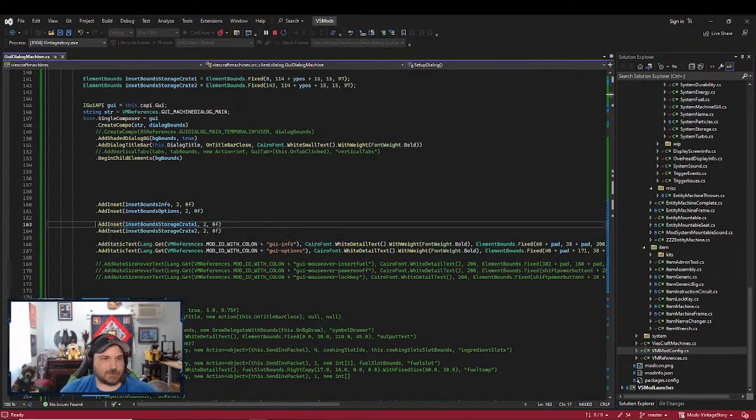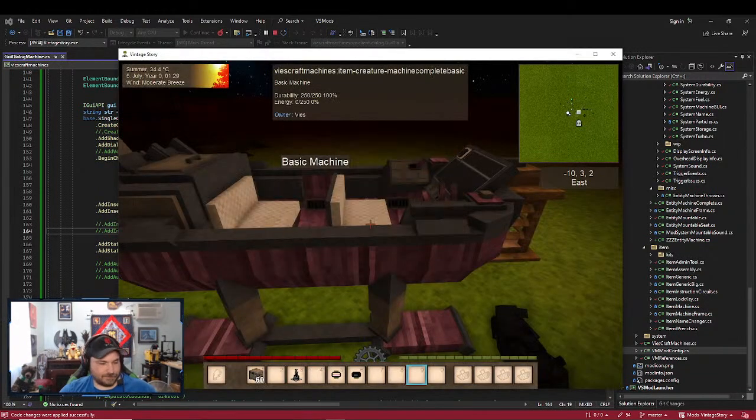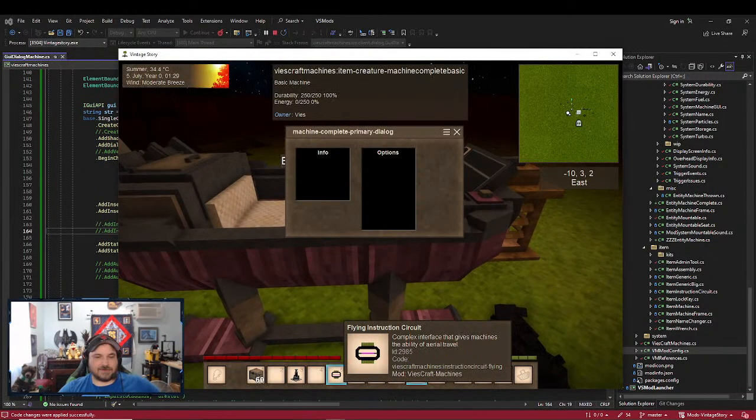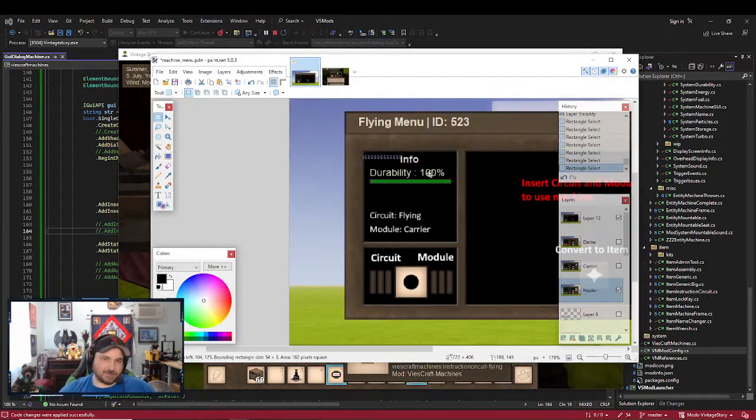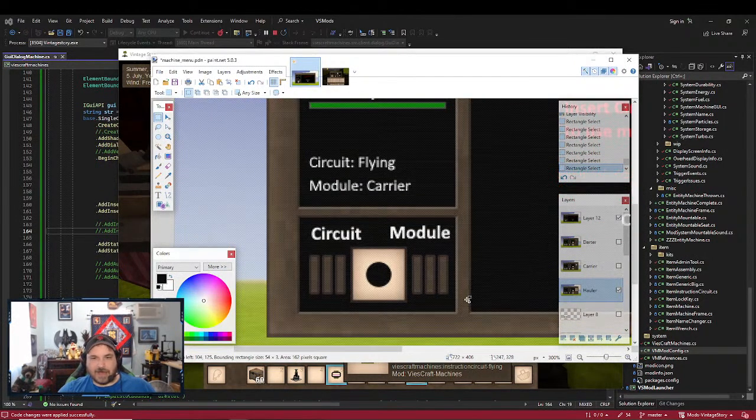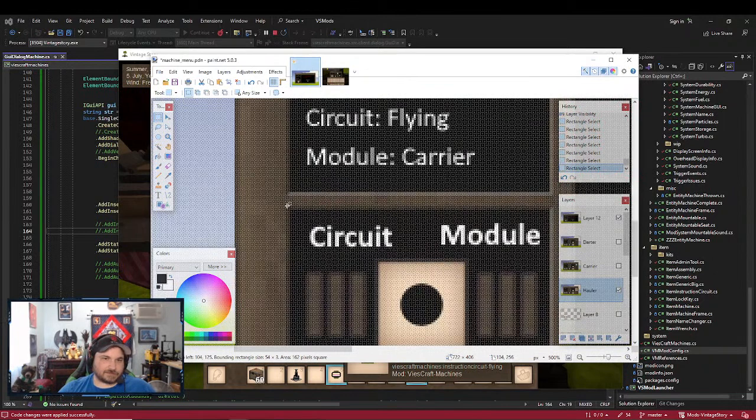Which I believe is storage crate 1 and 2. So if I just comment these out fast, we're going to save. Hot reload. Yep, so it was those two things. Again, we are making sure this is the end goal, something similar to this, our rough draft. But we do need to make another window, another window that is offset by